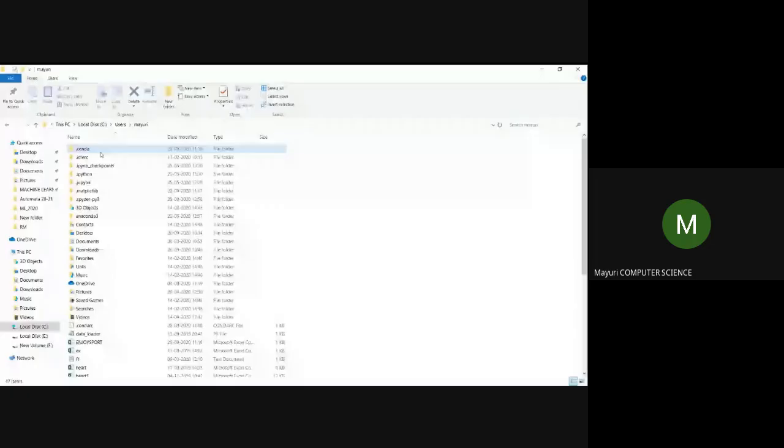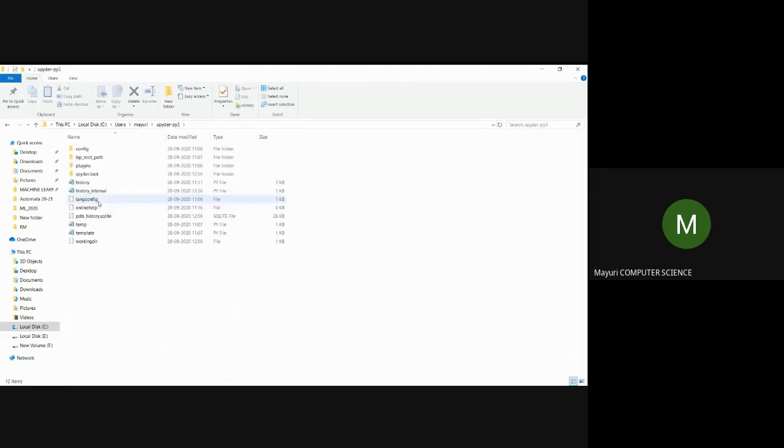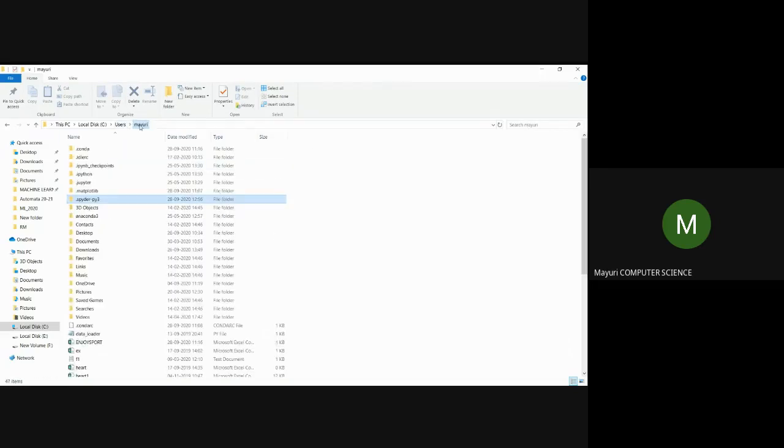So let me talk about how to go with dataset first. Yes. So make sure you have to be in this path for storing your dataset within the local disk C and users, or in your own specific folder where actually your Anaconda has been installed, or you can see that I have highlighted .spyder-py3 or in this location. So prefer any of the location. Here I have stored my data set with the name Enjoy Sport. I'll try to open this.